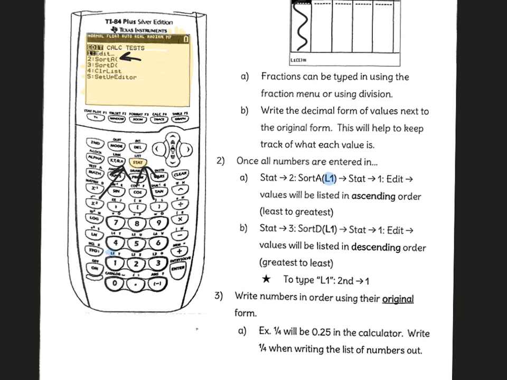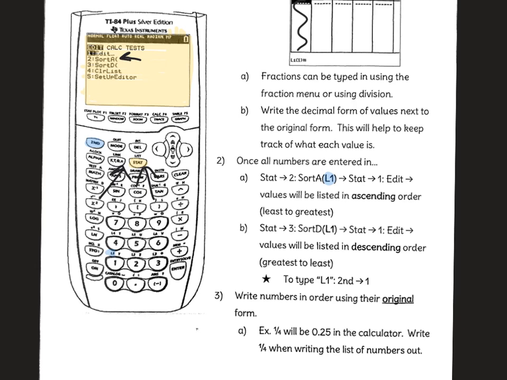And if you remember from our calculator reference notes at the beginning of this, to get that function right there, you have to use the second button. So you're going to hit the second button and then the number 1, and it'll type an L1 in your parentheses on your screen. And then you're going to hit stat edit again,